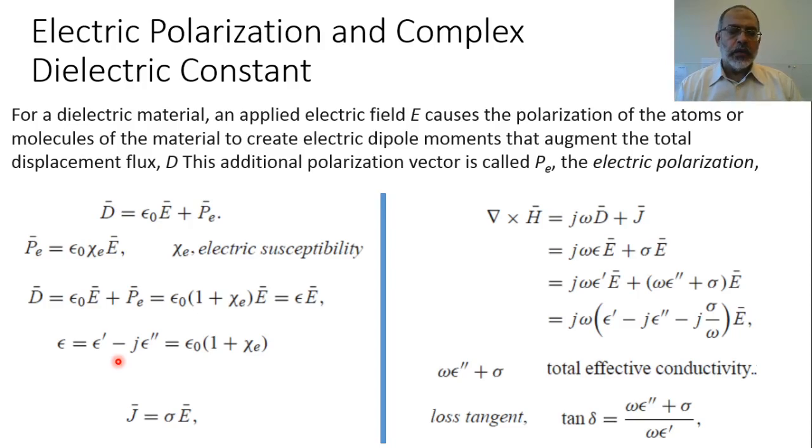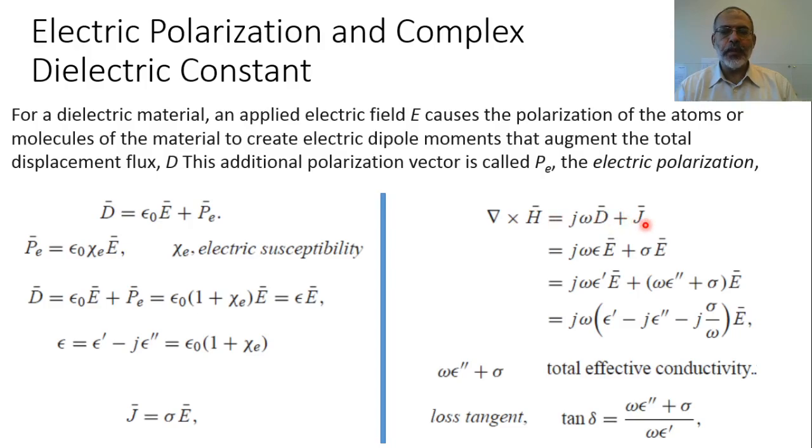On the other hand, if we are looking at the current density inside the material, it would equal the conductivity of the material multiplied by the applied electric field. So J equals sigma multiplied by E. By collecting these pieces together in the second equation of Maxwell's equations, we say that curl H, the rotation of the magnetic field, equals j omega D plus J. This is Maxwell's equation of the phasors in time harmonic fields.